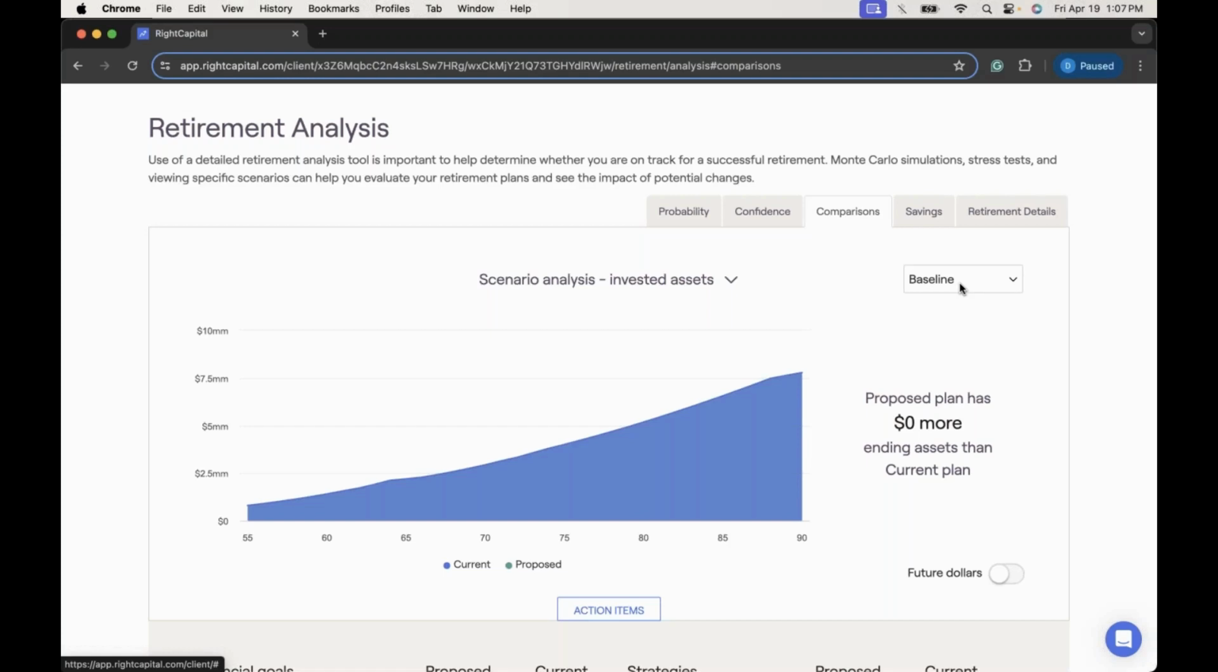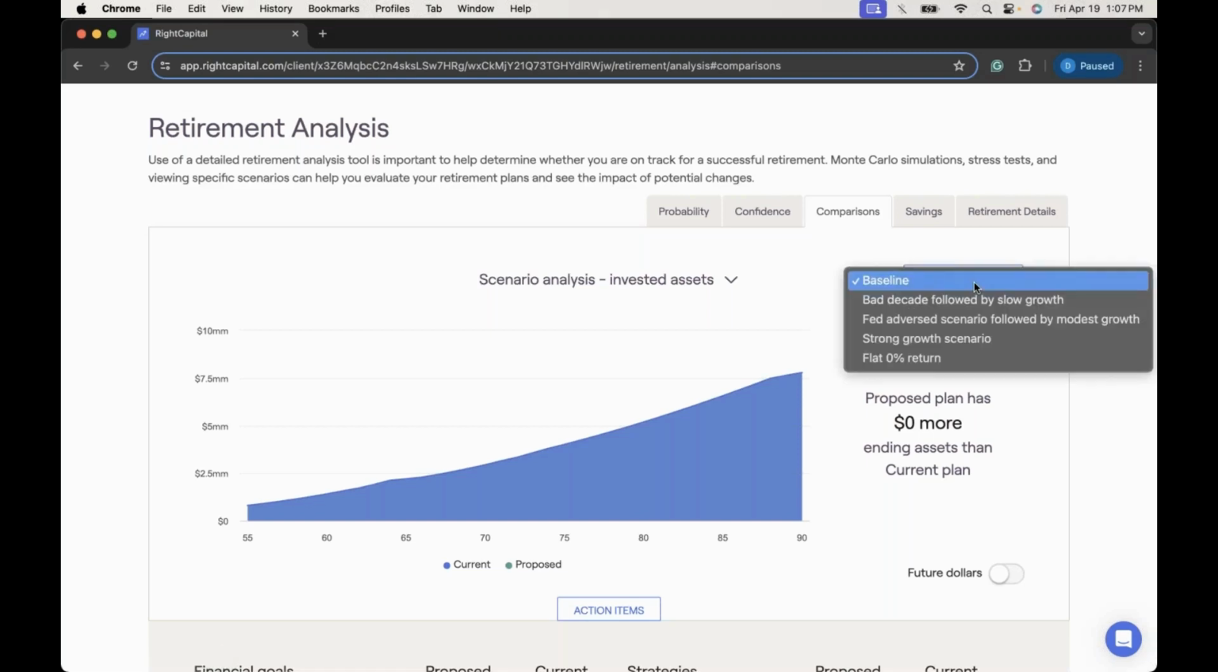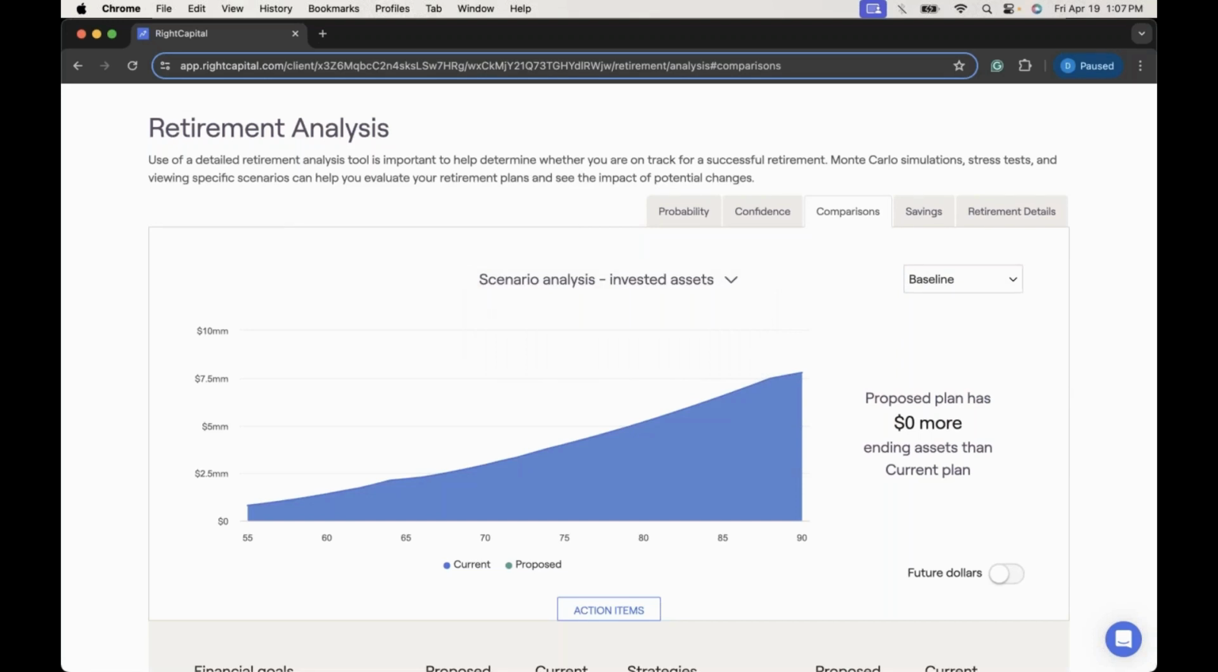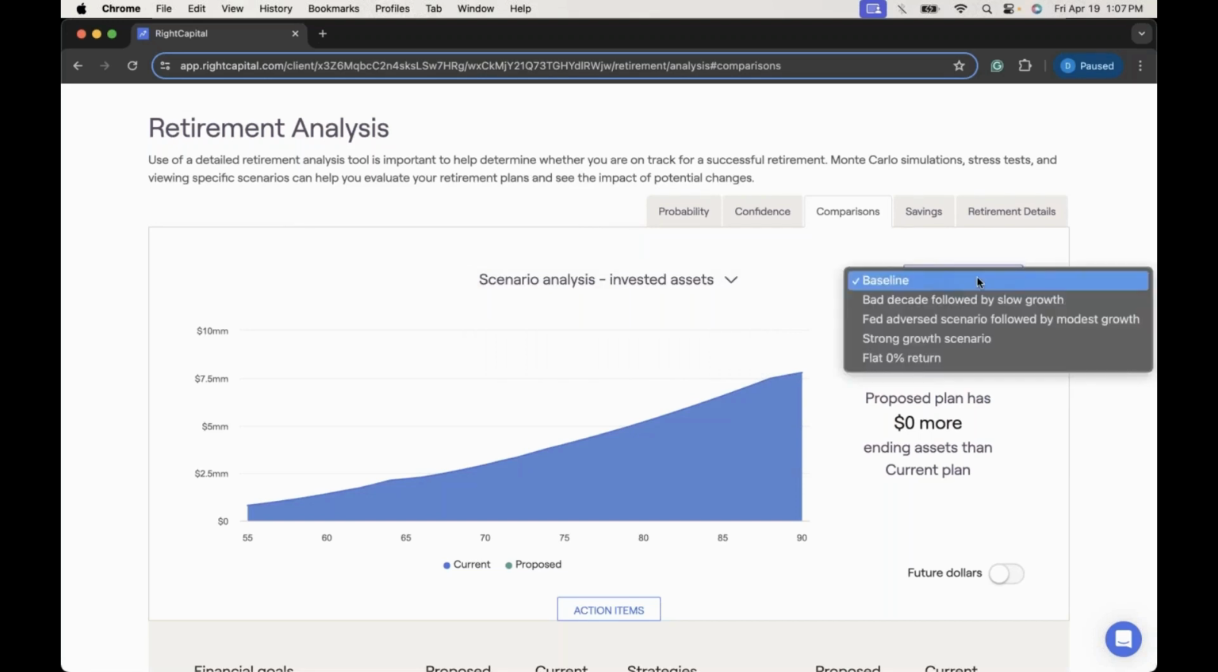So the baseline is the default return scenario in RightCapital, but if we click this drop-down menu here in the upper right, you'll notice that there are some other scenarios to choose from besides just our baseline. These are the pre-built return scenarios that are built into each and every RightCapital account. And this is where we can start to inject some volatility into this analysis and leverage some of these comparison charts here. So I am going to toggle through each of these quickly just so that we can take a